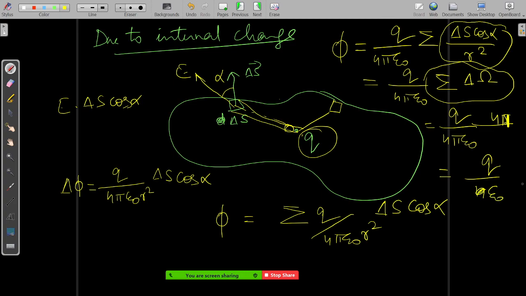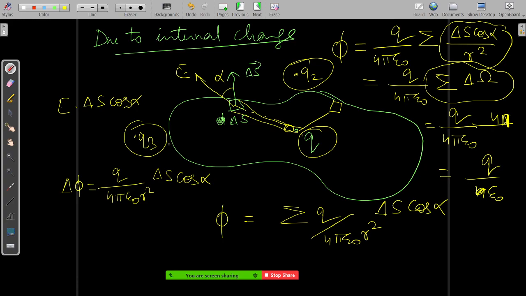So we just saw this. If only one particular charge is kept inside the surface, then this is correct. Now let's say there are some other charges also kept, Q2, Q3, all other charges. If you go on extending this solid angle due to all these charges, you will find that the solid angle due to these will be zero.